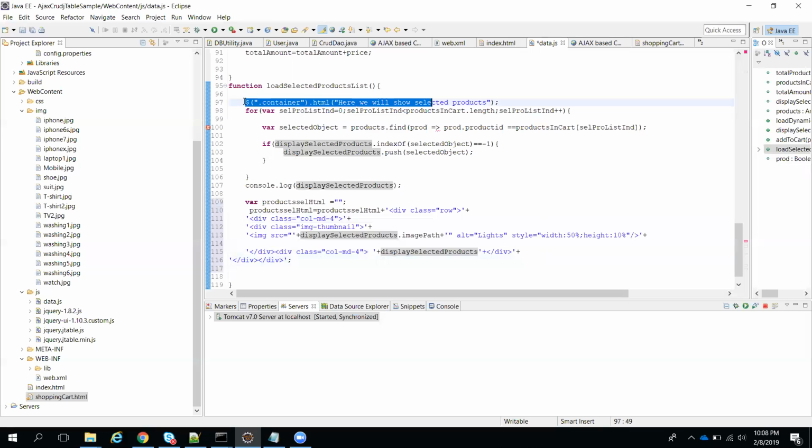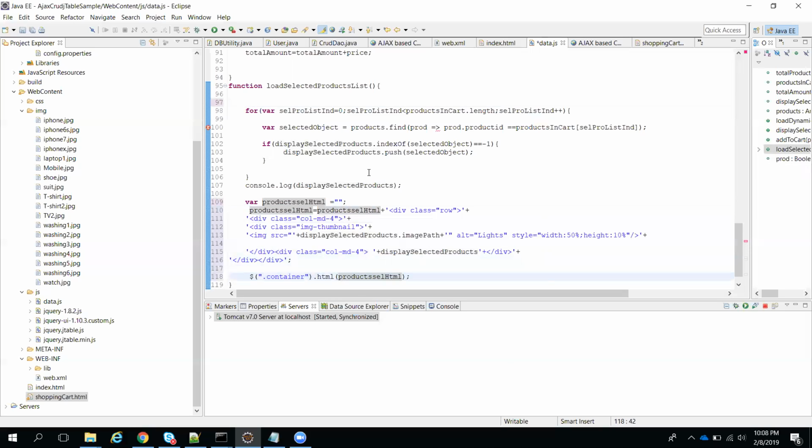Instead of showing this message, now I'm going to display this product. Now I am expecting our HTML will not come in a proper way. In tomorrow's class, we'll finalize and fix everything. At present I'm trying to display this product's HTML. Tomorrow we need to get the quantity also, and we'll finalize this HTML in a proper way.